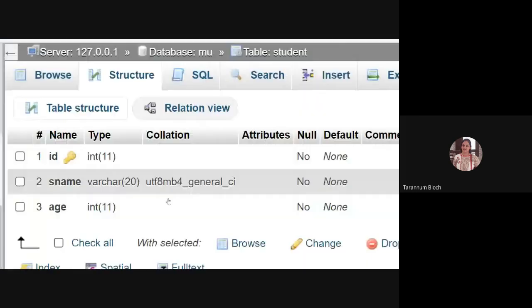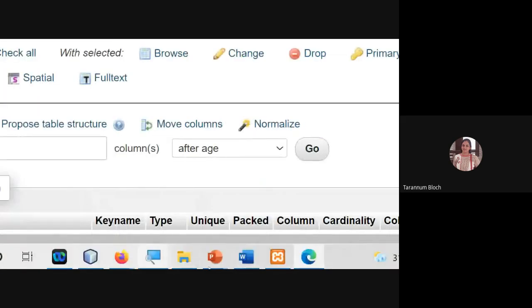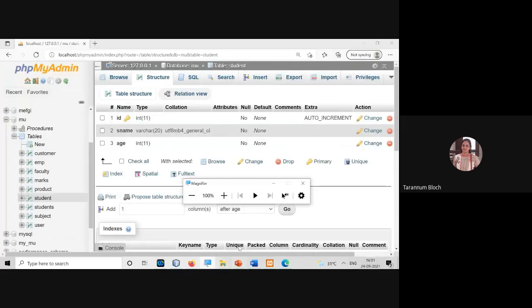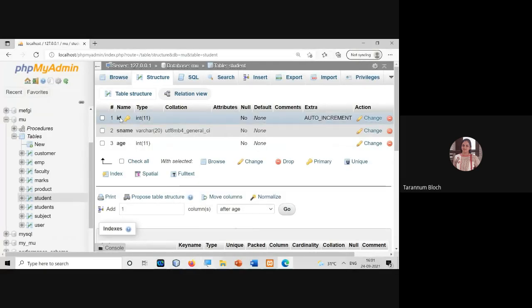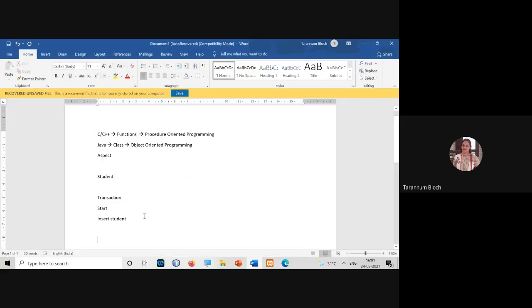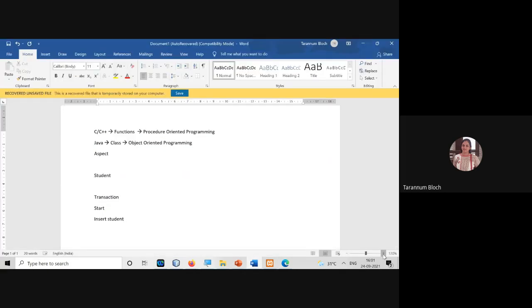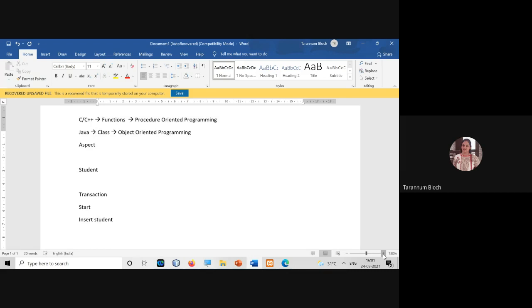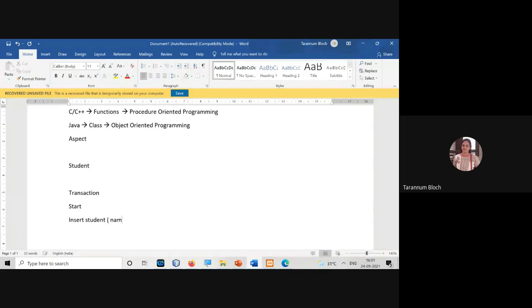Look at here. The scenario is that I have ID as a primary key, which is auto increment in the student table. It means that while doing the insert for student, first I have to do insert of name and age, which is in the student table.